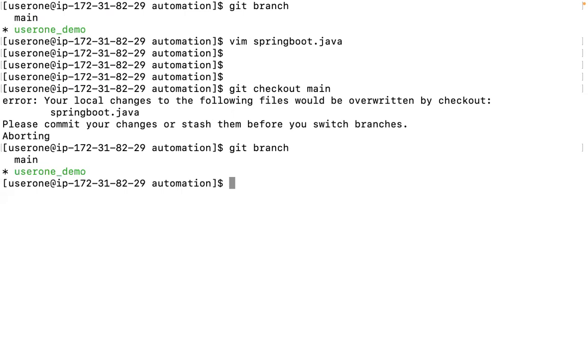Okay. Git checkout: your local changes to the following files would be overwritten by checkout, Spring Boot.java. Please commit. Okay. Let me commit them to my branch. Remember, let me commit them to my branch. Which branch? User one. I'm not merging them to main. I'm committing them to user one. Let me commit them. So spring